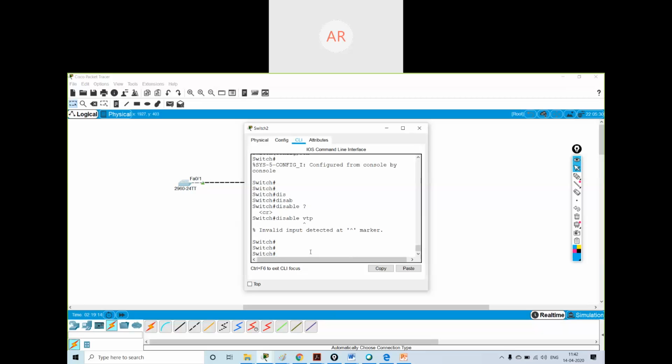Completely means you can turn off the mode, you can turn off the VTP running. Okay. So the VTP transparent mode is the same as the VTP off mode only. Yes, that's what they are saying, sir. It is the same as the off mode only. Understood?